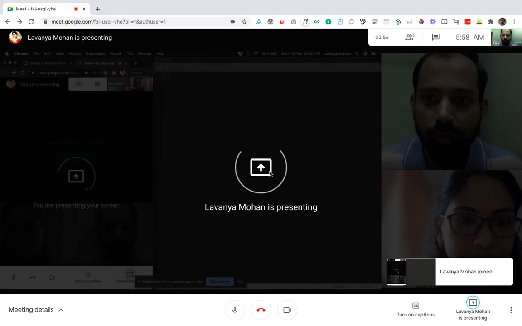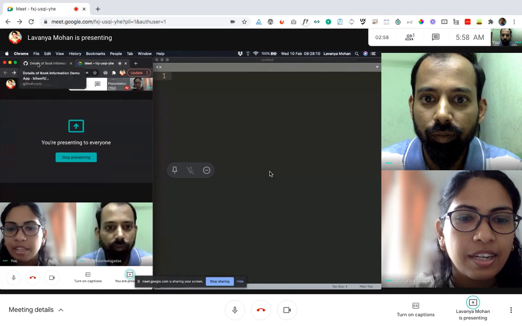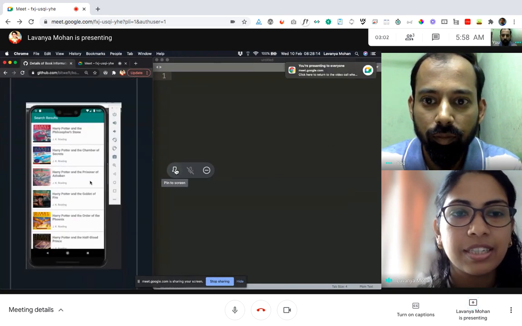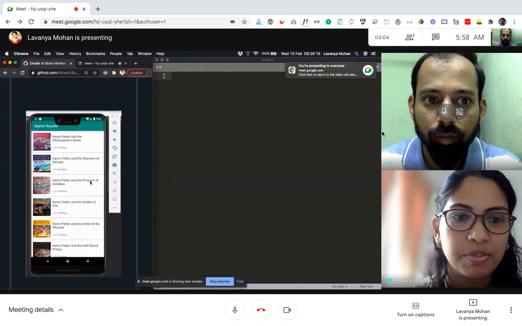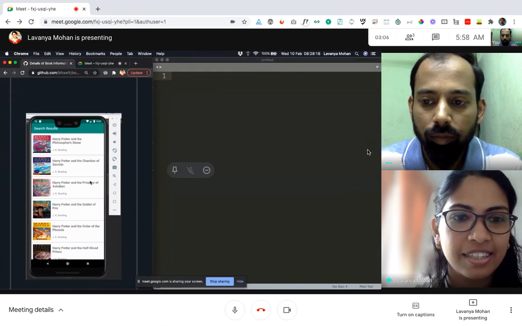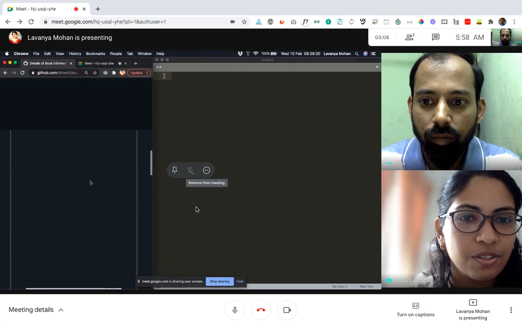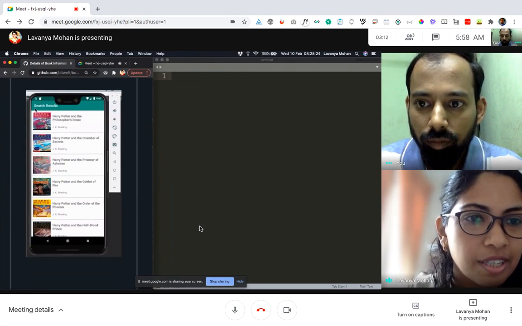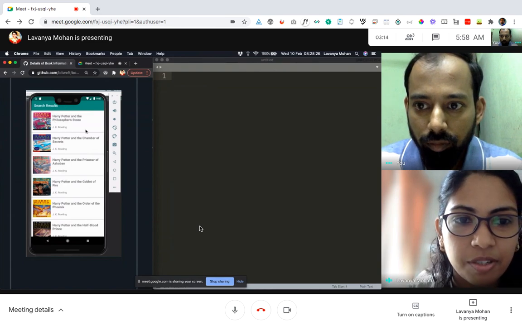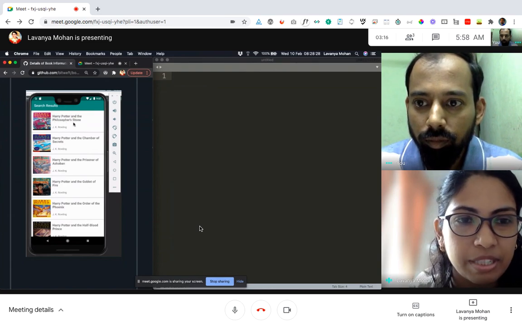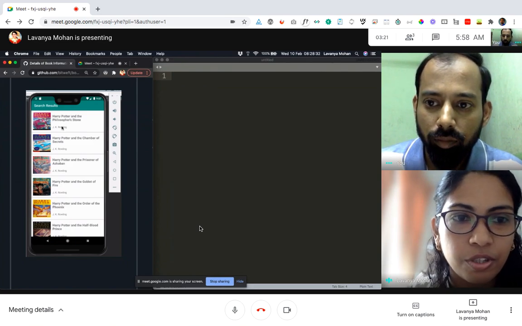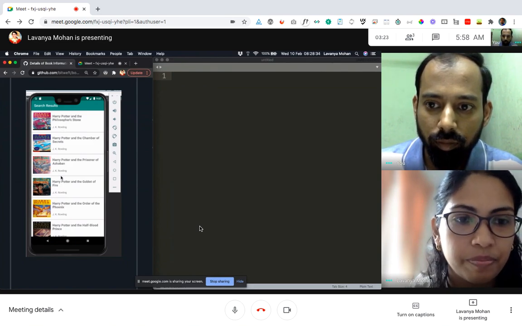Yes. Okay. Let's take an example of a very simple application. Let's think about an app which helps us search for some books and give us search results. For example, this is the search results page after we search for a book, and it lists the title of the book, the author, and the image.